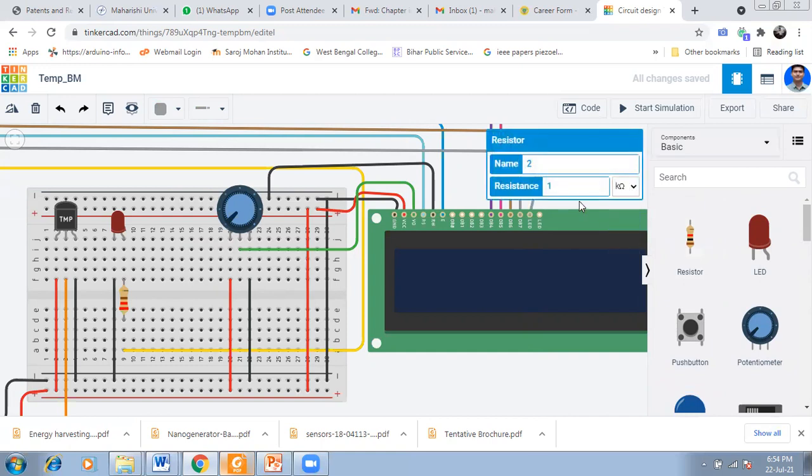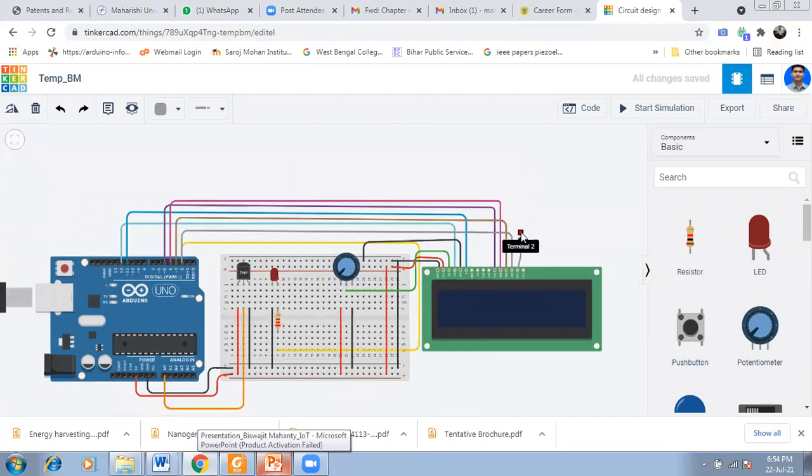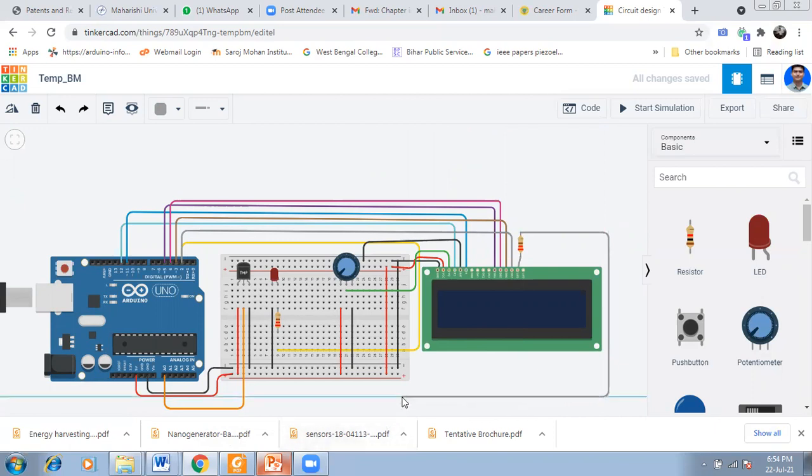This 220 ohm resistor is connected to plus 5 volt. So you can make it red color.